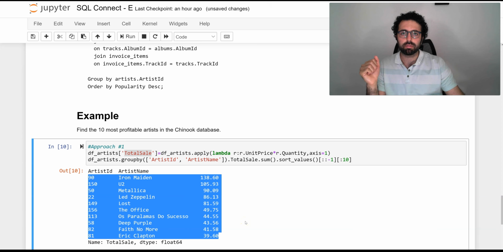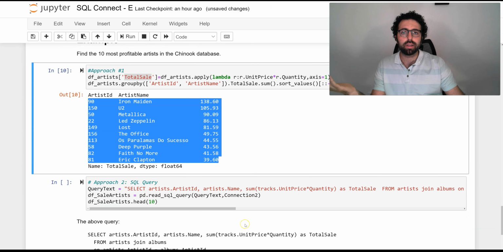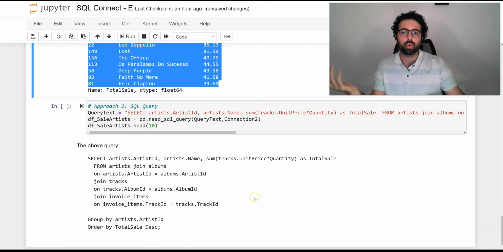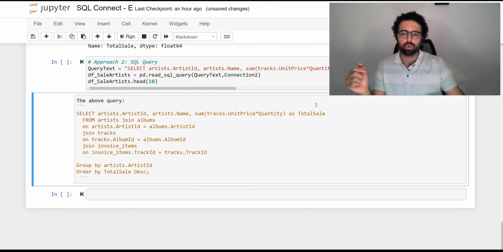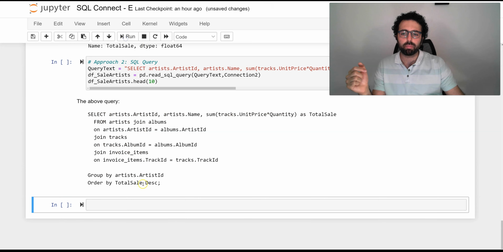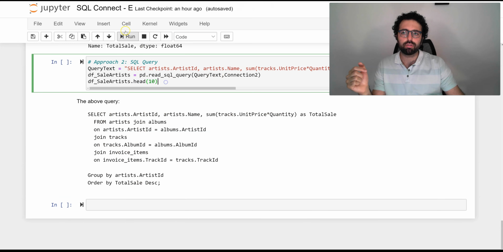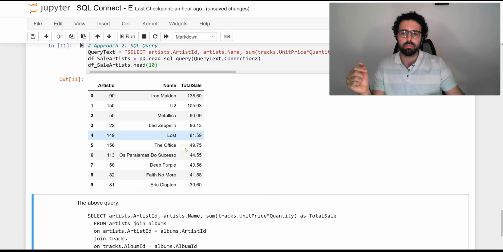I could have done the same thing with a simple query and shown that query here. And of course, I need to have that summation of unit price and quantity as total sale, and then order the result by total sale. And once I have that, then I can show the first 10 rows, and I will get the same result as